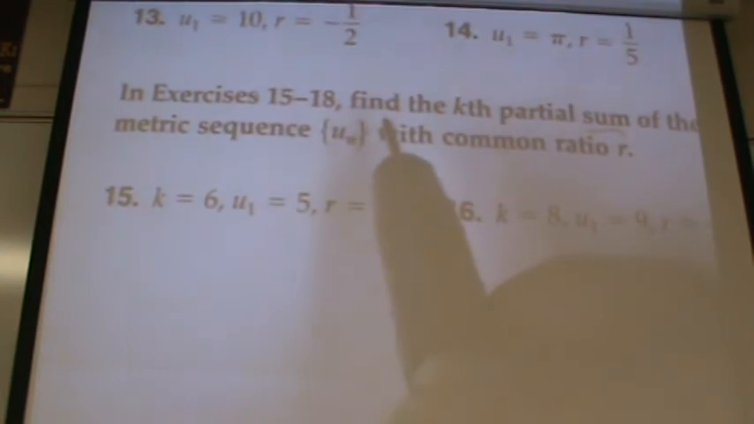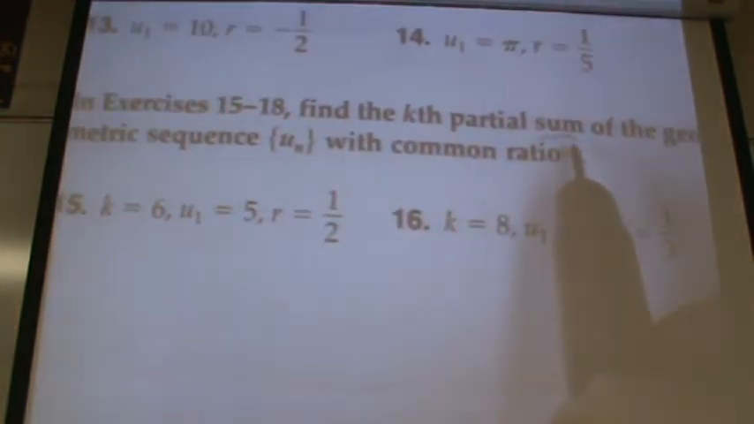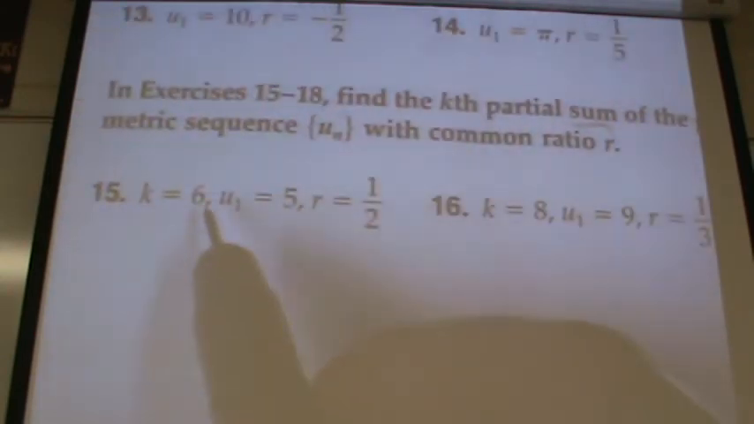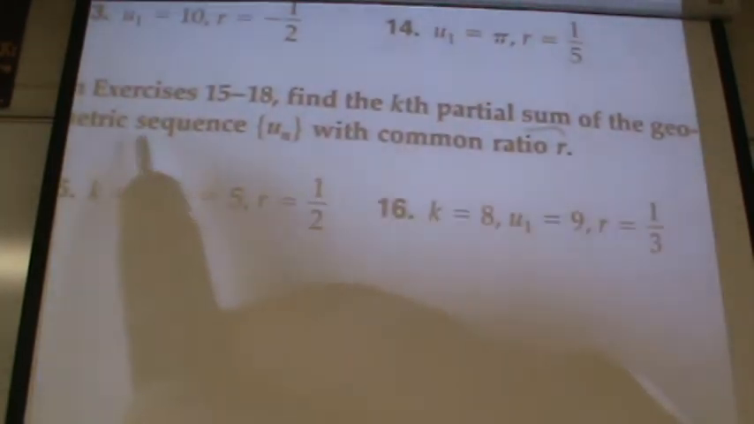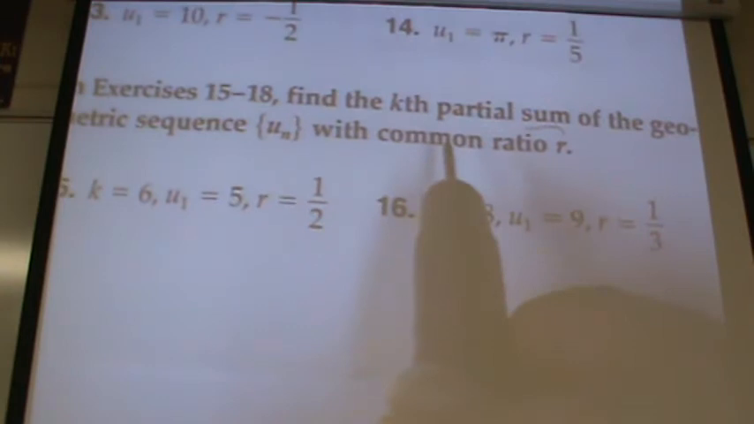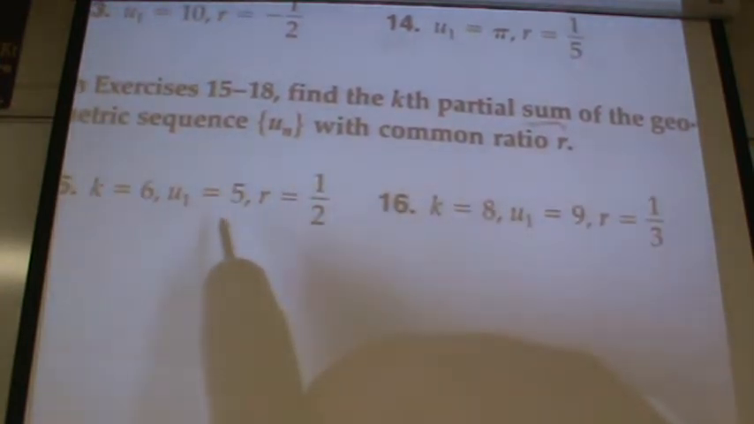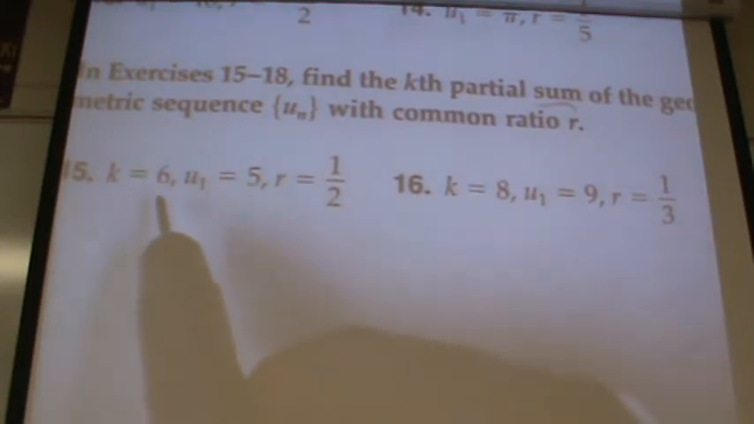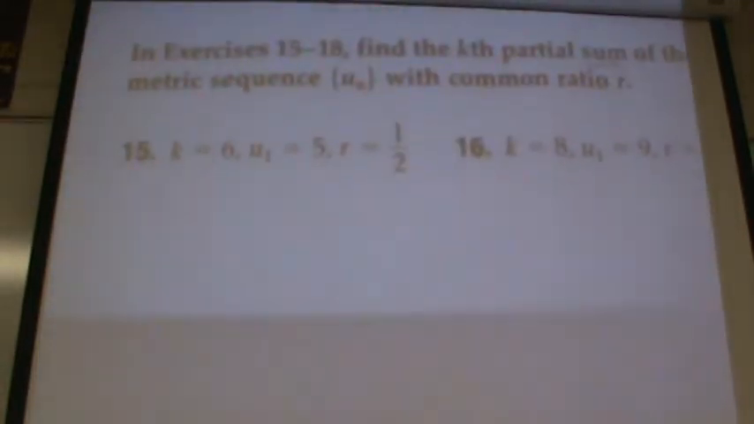it says find the kth partial sum. So k is the number of terms you're going to add together. You're given a geometric sequence, and the common ratio is also given. So they give you the first term, they give you the r value, and they're asking you to add the first 6 terms. So how do we do this? Well,